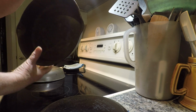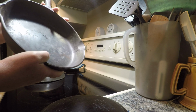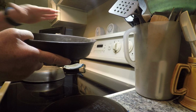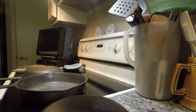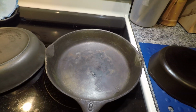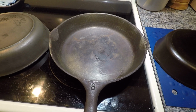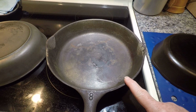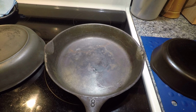It has a little bit of a ring to it, and there are no cracks in it. And the reason why you can tell is this one doesn't have a lot of built-up seasoning on it. The estate sale that I went to, the woman had a lot of things from a 1970 wedding that she never used. This one she used obviously a little bit,